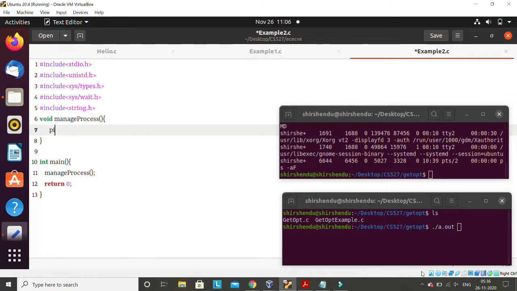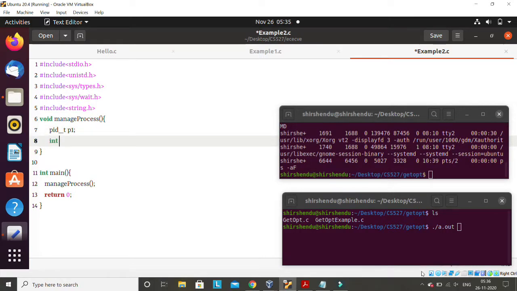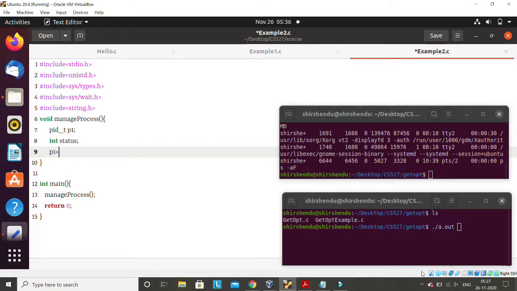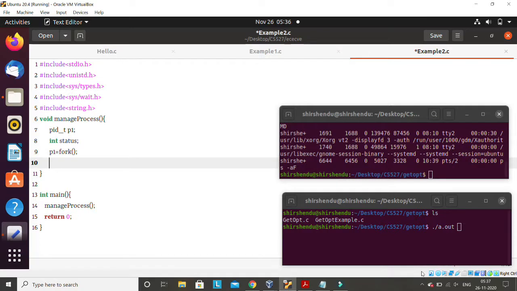First of all, I'll use one variable for a process ID, pid_t p1, and then I'll use one integer called status. Then let me create the process with fork. After this, from line number 10, two processes will simultaneously execute it.